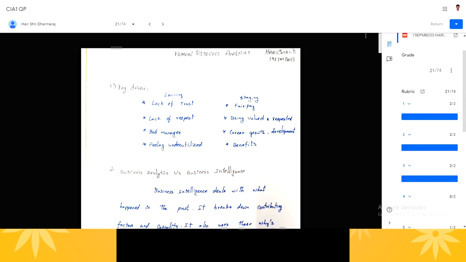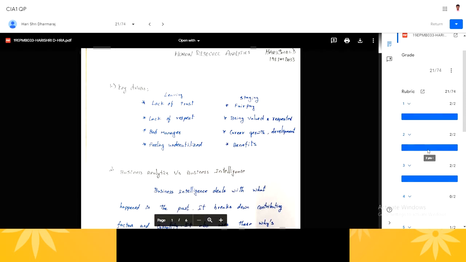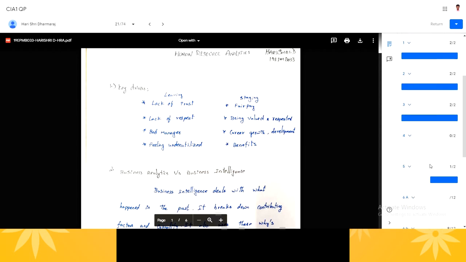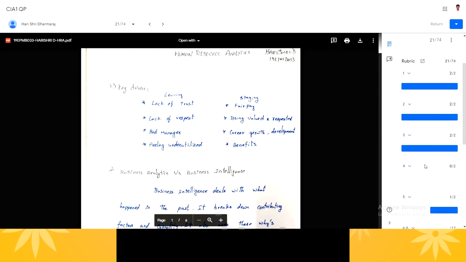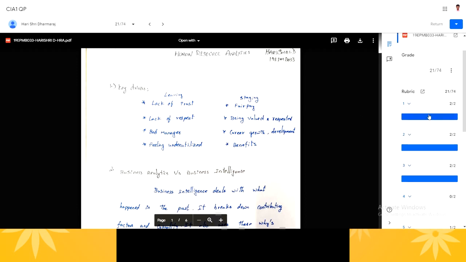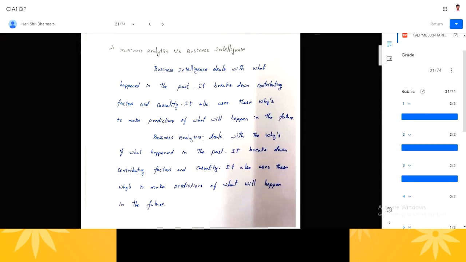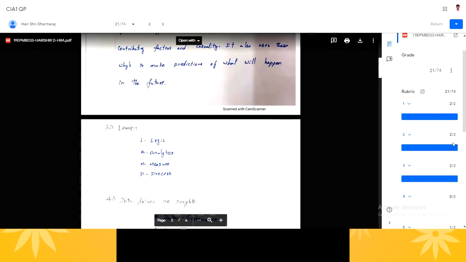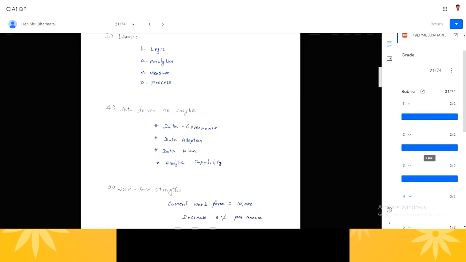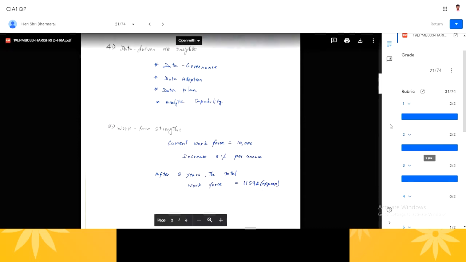On your right hand side you can see this rubric, which I have created for my subject. By reading question number 1, whatever mark is deserved, I can enter it here. Likewise, I can go question by question and enter the marks that each particular answer deserves.